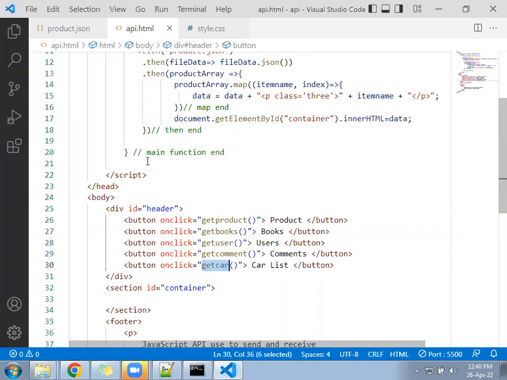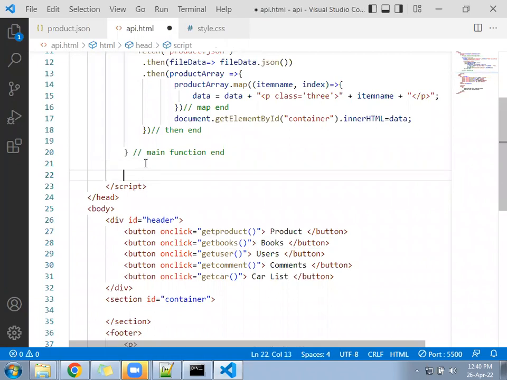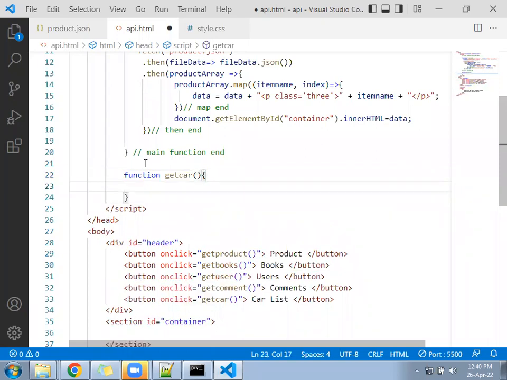Okay, write a function here called get car. Inside the get car function,